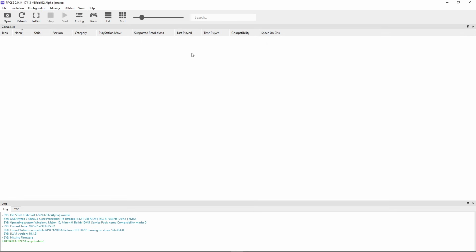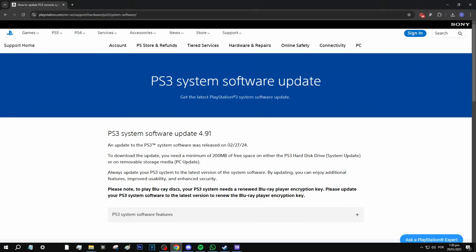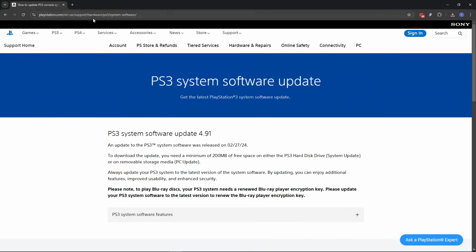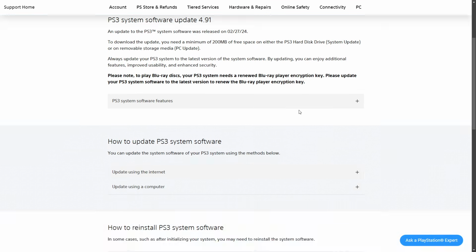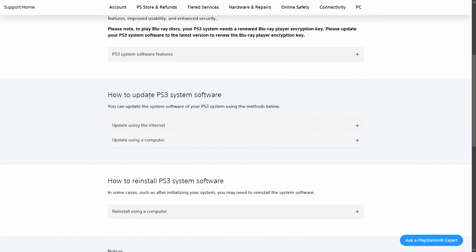Now the first thing we're gonna do with the emulator is install the firmware, and we can get that on the official Sony website. The link for this page will be on the description of the video. So in here, you're gonna scroll down a little bit and arrive at this section, how to update PS3 system